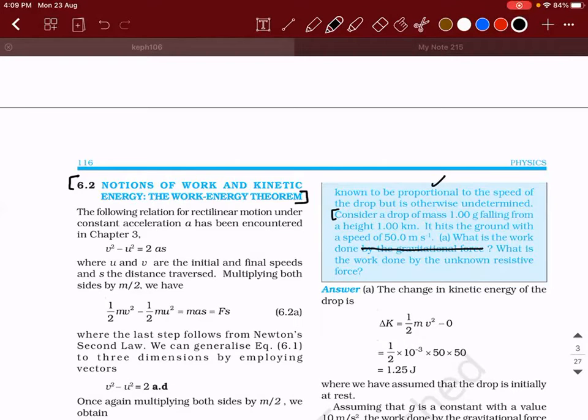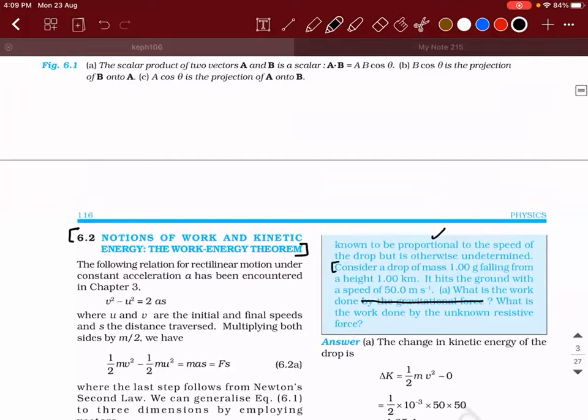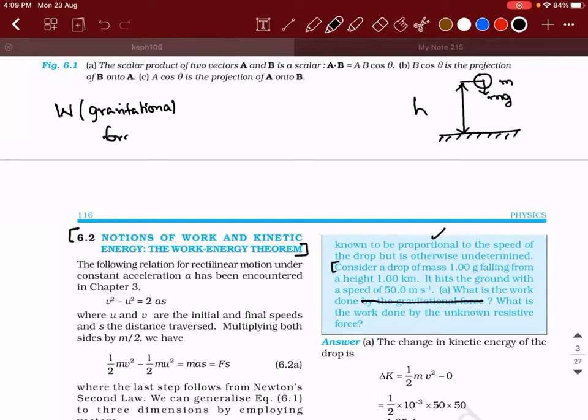Yes. So here, the problem is actually simple. The question is very big. There is a raindrop of mass m. It is falling under the influence of gravity, so mg, and it is falling through a height h. What is the work done by the gravitational force? It is going to be force into displacement, mgh. It's nothing but the concept of potential energy that you already know.